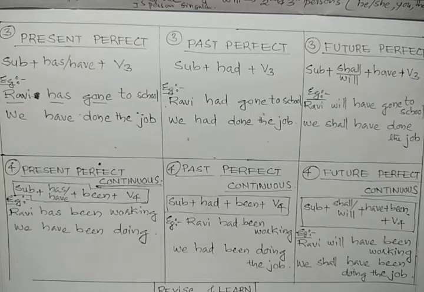So these are the different kinds or categories of tenses and their structures, and we saw some examples. You may revise this once or twice, then you will get an idea. If you want to take notes, you may take a screenshot and note it down.